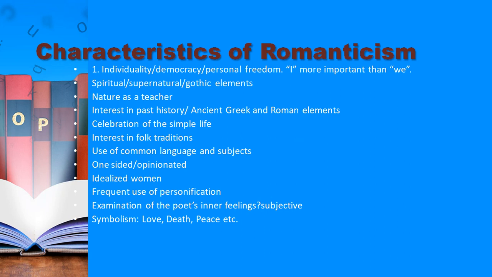Number one is individuality, democracy, and personal freedom. I is more important than we in Romantic literature. Another characteristic is spiritual, supernatural, and Gothic elements. You also find nature as a teacher, interest in past history, ancient Greek and Roman elements, celebration of the simple life, interest in folk traditions, use of common language, and use of subjects rather than objects or matters, one-sided and opinionated or personal or subjective, idealized women are portrayed in Romantic literature, frequent use of personification, metaphor or simile